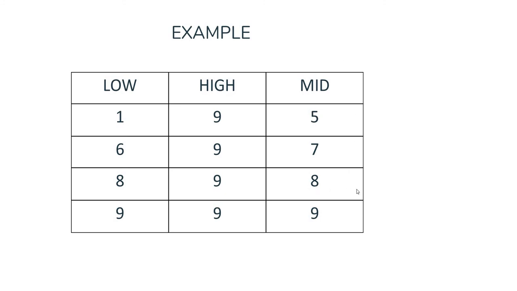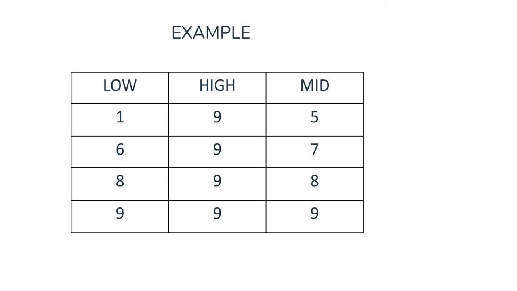So the search is available here onwards in the right sublist only. Case 2 condition is true. So low equal to mid plus 1, that is 8 plus 1 9, high equal to 9. While condition is checked. While low is less than or equal to high, condition is true. So we have to calculate the mid position. Mid equal to low plus high divided by 2. Here the mid value equal to 9.